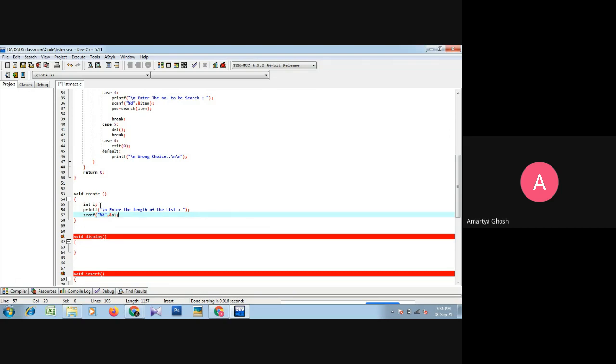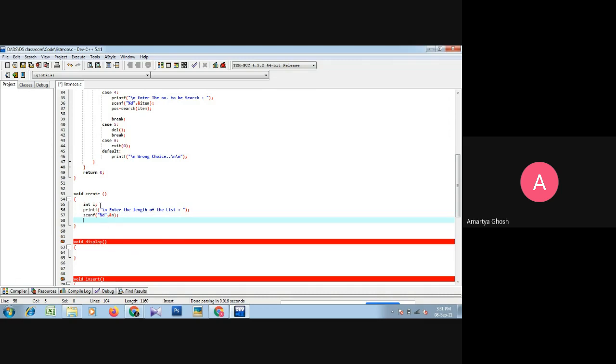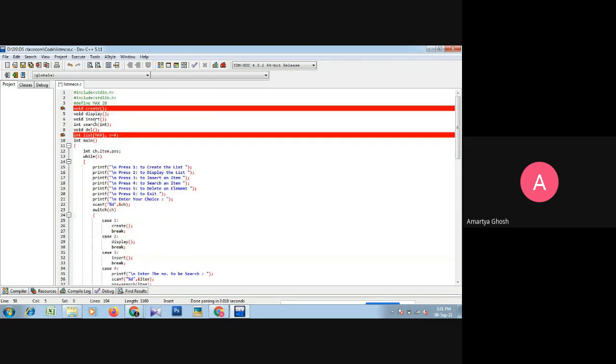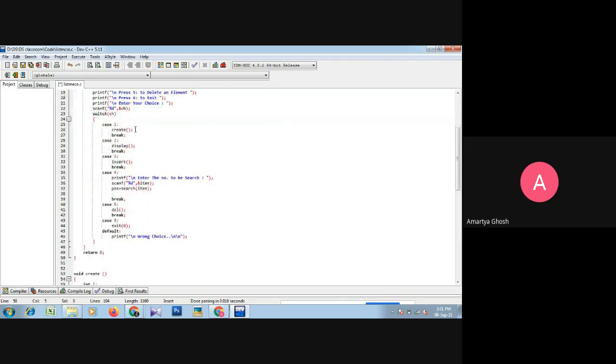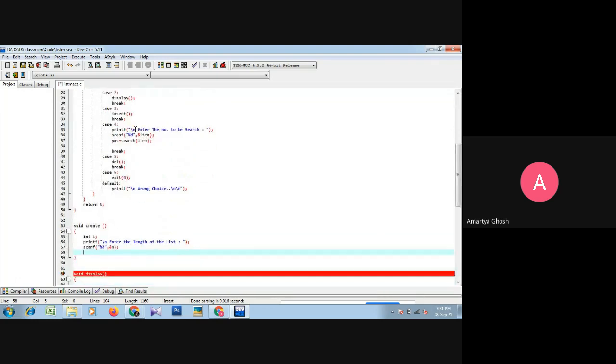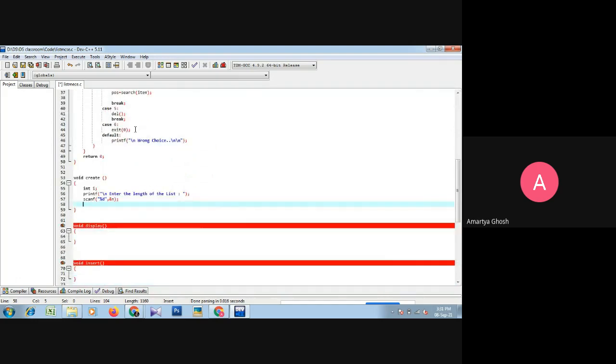Now, what is max? Max is the maximum size of the array. If the length is greater than max, we cannot take input.